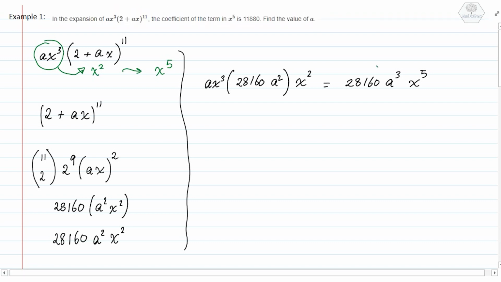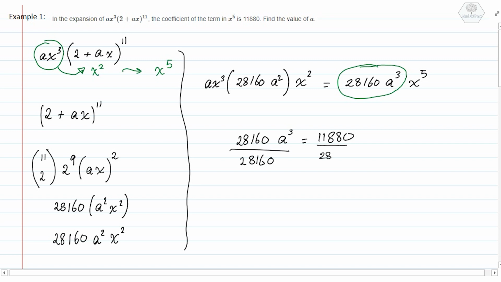So now the coefficient of x to the power of 5 is this, and it's given in the question that the coefficient is equivalent to 11,880. So I equate them together. I have 28,160 a cubed is equal to 11,880. I divide by 28,160, 28,160. They cross out, so I'm having a cubed is equal to 11,880